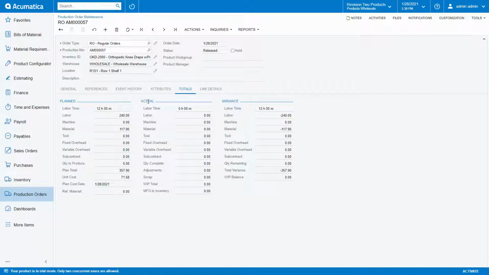So, based on my bills of materials, this is what we actually plan to spend. You can see the total hours and total minutes that it's going to take us to produce this item. We can also see the overhead, the material cost, the labor cost, and so on. Right now, our actuals are at 0 because we haven't done anything yet against this production order, and the variance